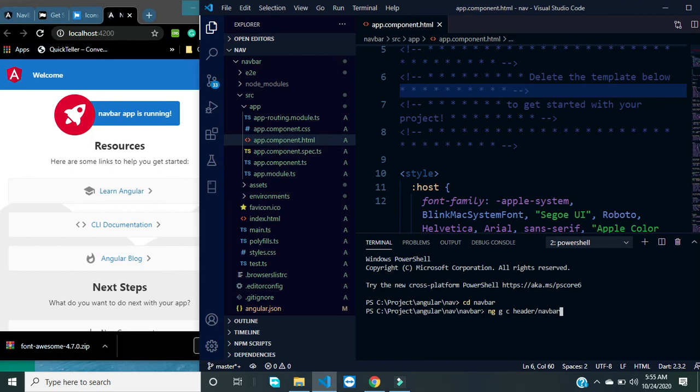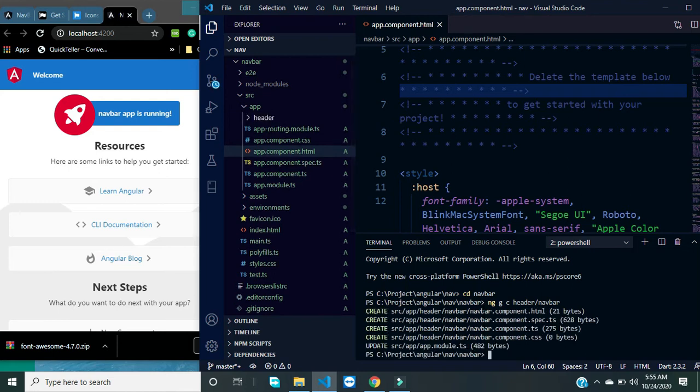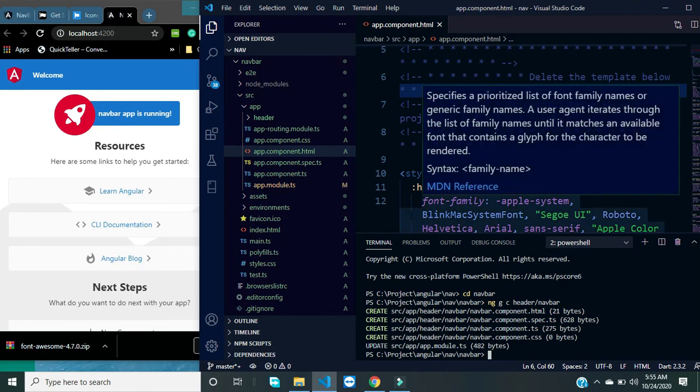So our navbar has been generated, so I'm gonna stop at that for now. In other series we'll create more. So here I have my header and then navbar inside it. I don't need this spec.ts file. I'm gonna delete it. Likewise this, I'm gonna delete it. So in our navbar.html,